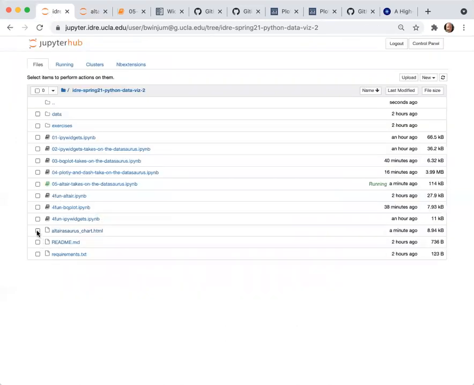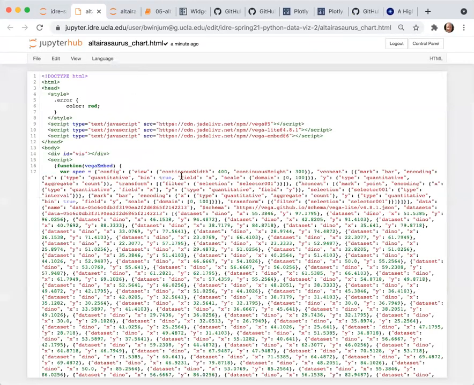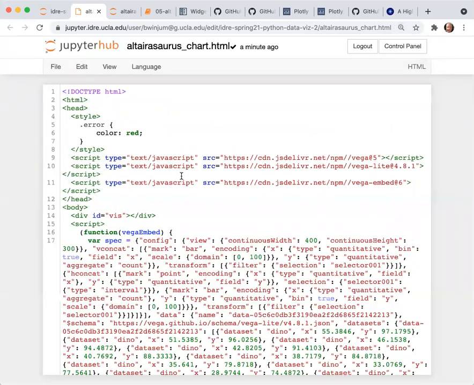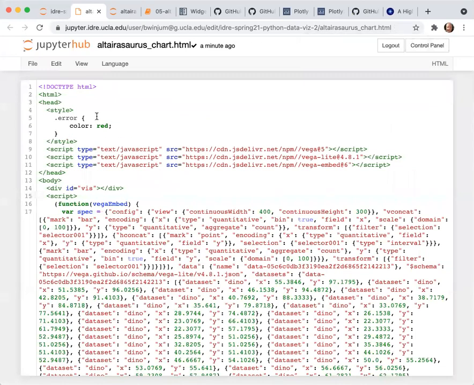So if I come back here and I click on this breadbox icon and say edit to look at what's actually inside of the HTML file, I won't assume that you know a whole lot of HTML, but here's where the JavaScript with Vega-Lite is linked into this HTML file.